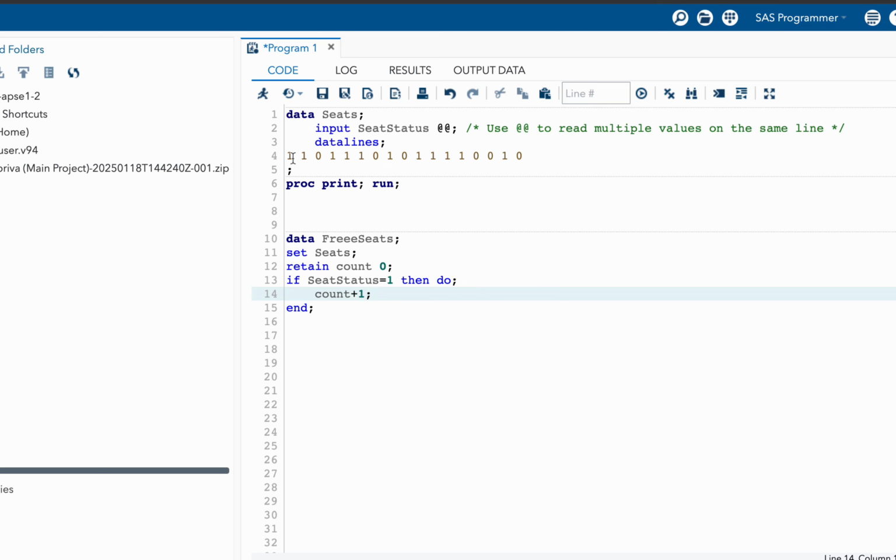That means for every free seat, that is when the status of the seat is 1, we are incrementing the count. And we also have to output this count.